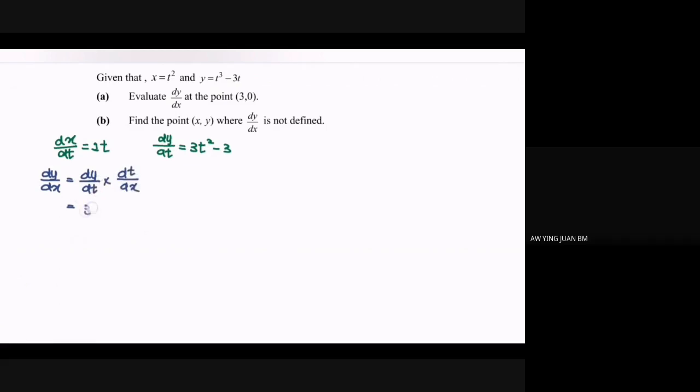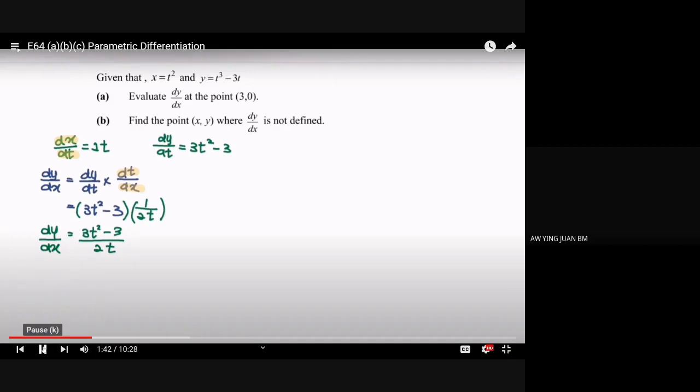So we will have 3t squared minus 3. Please take note, we have dt dx. So in here is dx dt. So what we have to do is to flip the situation. So we have to multiply with 1 over 2t. So finally, we will have 3t squared minus 3 over 2t. So where we have dy dx. Then the question asks us to evaluate the value of dy dx at the point 3, 0. 3 is the value for